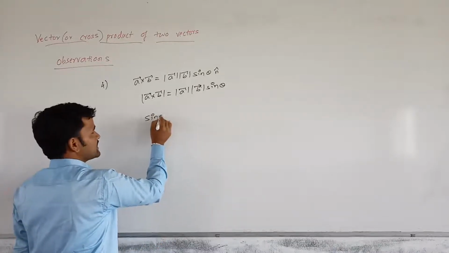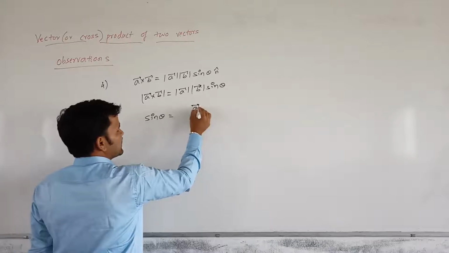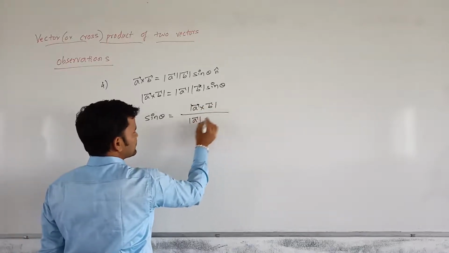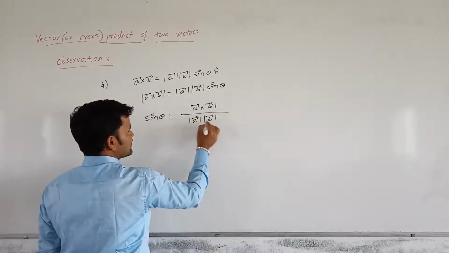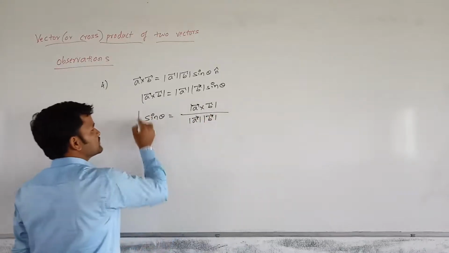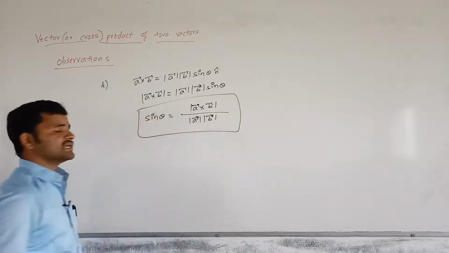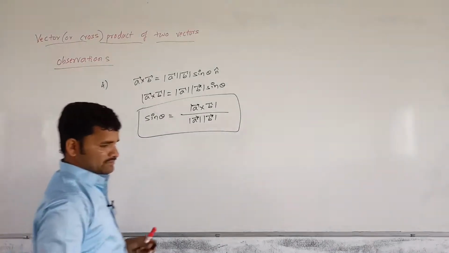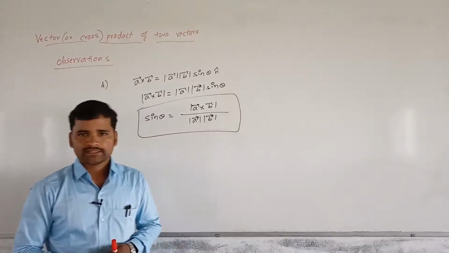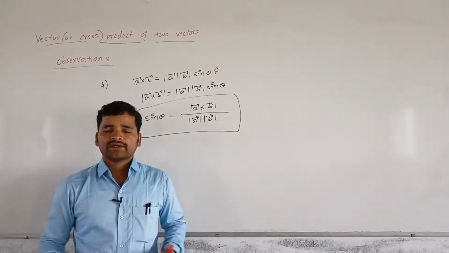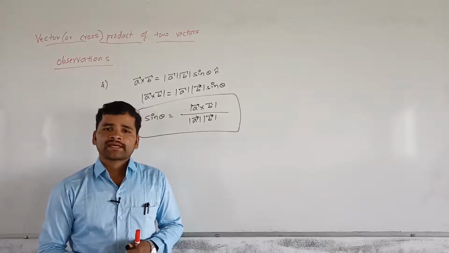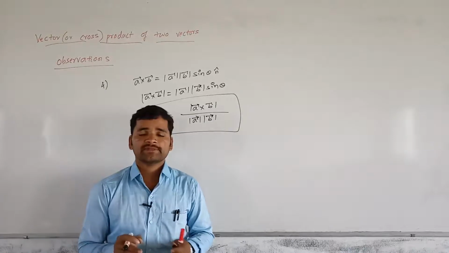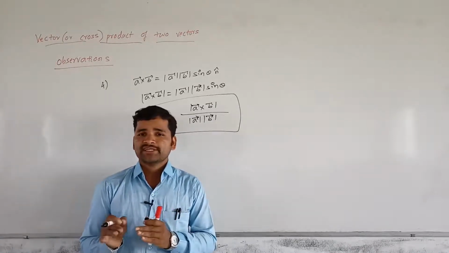Now here, sin theta is equal to magnitude of a cross b divided by magnitude of vector a into magnitude of vector b. So, using this formula we can find the angle between two vectors. But if they ask you to find the angle between two vectors, better to use the dot product, because dot product will be easy compared to cross product. a cross b we need to find in the component form, and a cross b in the component form will be